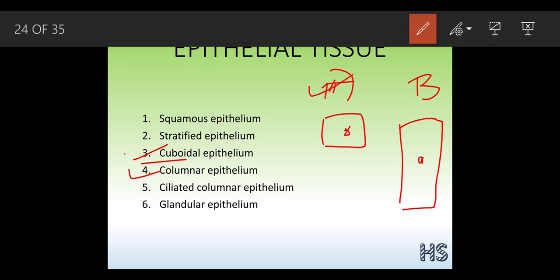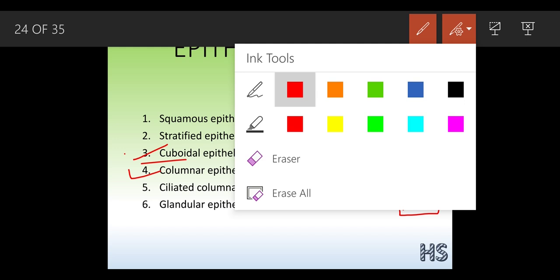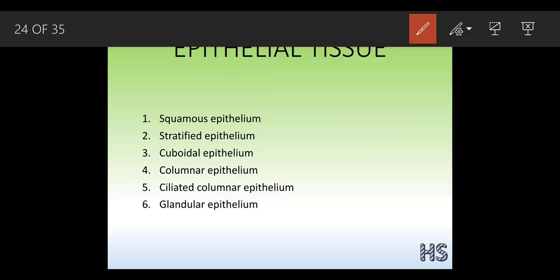That this cuboidal is smaller in size, but when it becomes like this, like a building shape, we call it columnar. Column shape. Now, what do you mean by the word ciliated columnar epithelium? The words are very peculiar, as I already mentioned. But if you break up these words, columnar,